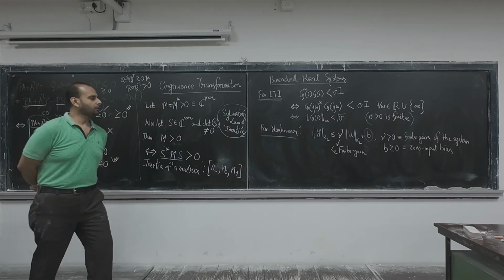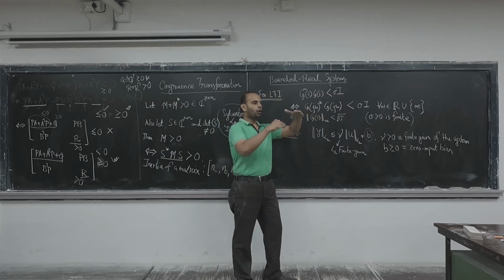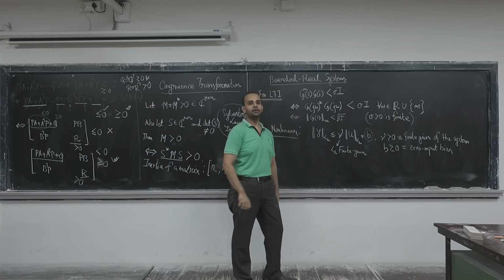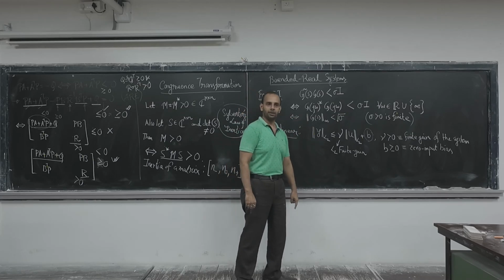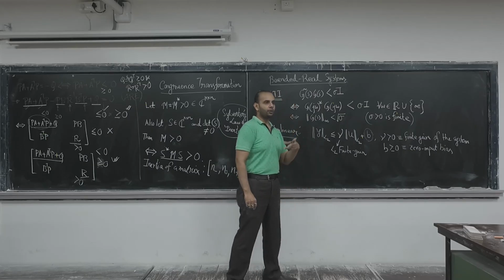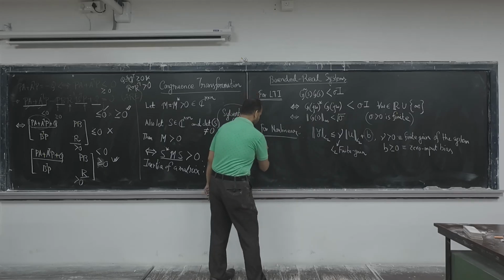There is also one stability theorem. Suppose you have a negative feedback interconnection of two finite gain stable systems, they are non-linear, and under which condition that interconnection will remain stable. Then there is a theorem: if the product of the L2 gains of both the systems, suppose that is what I wanted to mean,